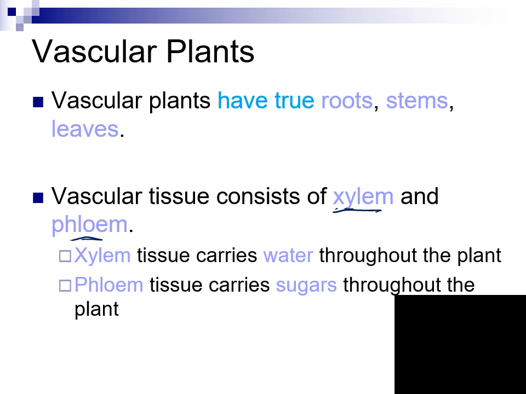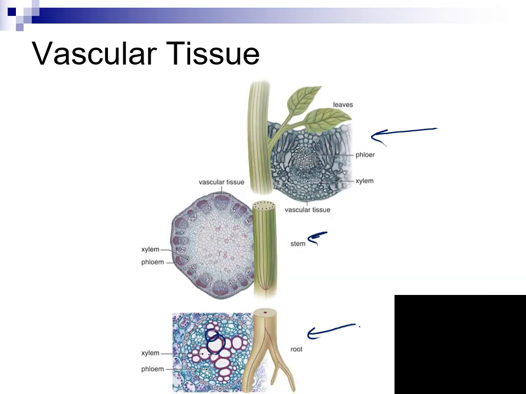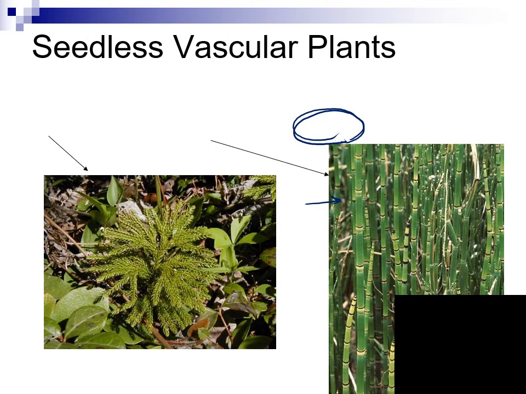for this course. Okay. I did want to show you a picture just so you realize you do not have to be able to recognize these. But if you look, each of these little holes within these cross sections, so this one here is a cross section through a leaf, and this one is a cross section through a stem and through a root. You notice they all have these little holes, which are cross sections through tubes, and they are arranged differently depending on if you're looking at a leaf or a stem or a root. That you would have to know in botany. Definitely don't have to know that in non-majors biology. Okay, so